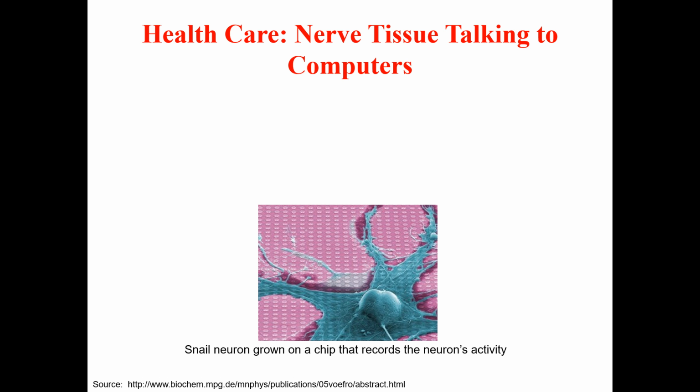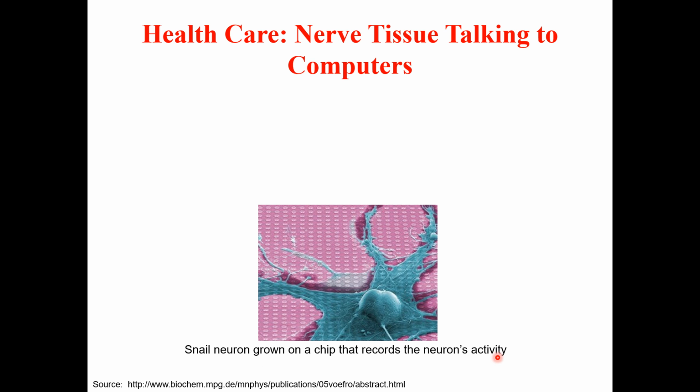We can also utilize nanoscience and nanotechnology in healthcare. In healthcare, we can have nerve tissue talking to the computer. We can design nerve tissues. We can have nanosensors, or devices with the help of which nerve tissue will be able to talk with computers. An example of that is snail neurons grown on a chip